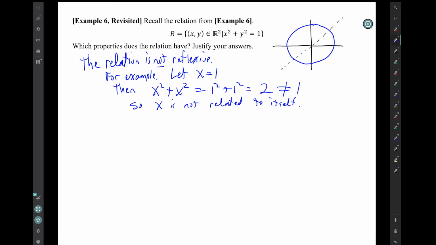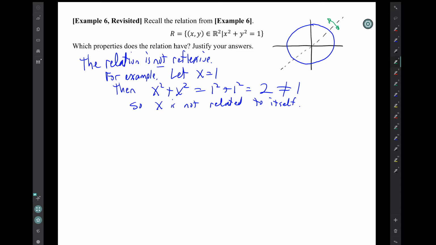So we had to give an example, an actual real number that's not related to itself. On the other hand, this relation is symmetric. Notice that the graph is symmetric across this main diagonal. So that is our clue that the relation is symmetric, but we can't